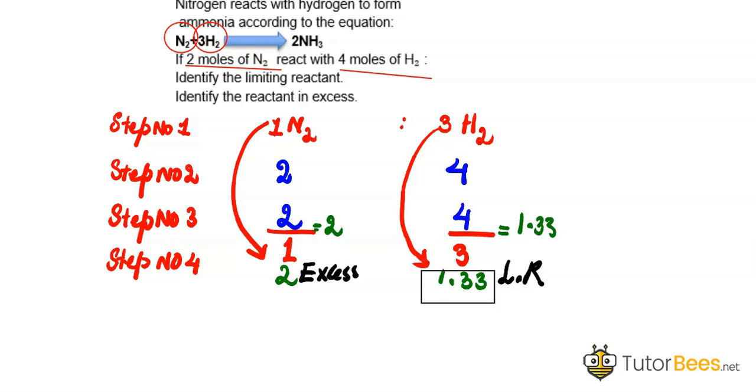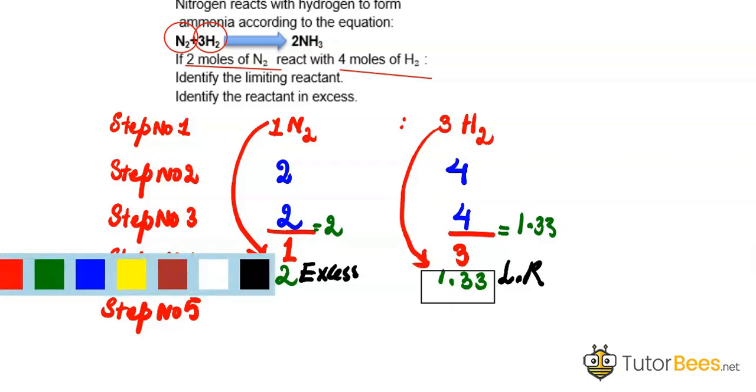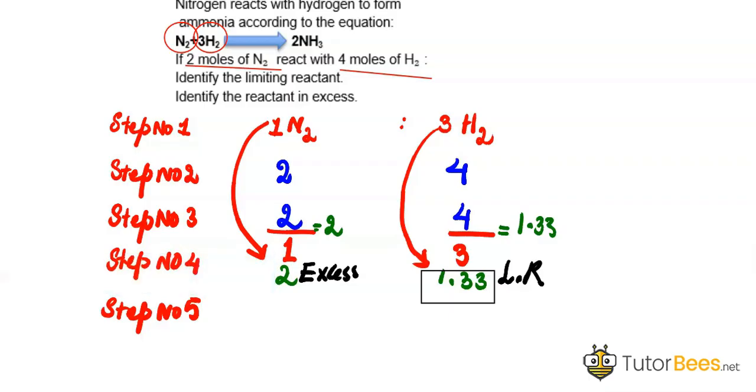and the number which is bigger is the reactant in excess. Now in step number 5, what will you do? You just subtract your limiting reactant number from the excess reactant number. You know your excess reactant is 2 and your limiting reactant utilized number of moles is 1.33. When you subtract them, you get the answer 0.67, which is showing,